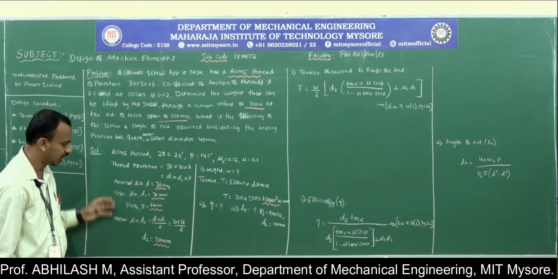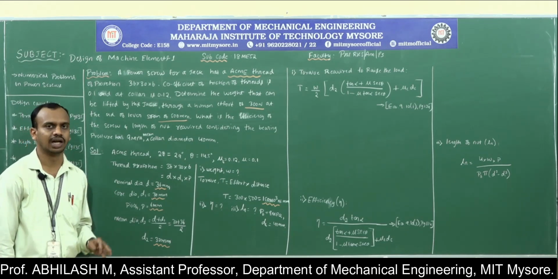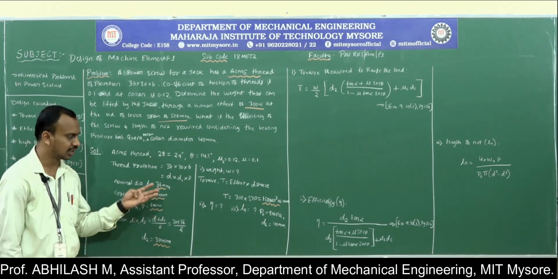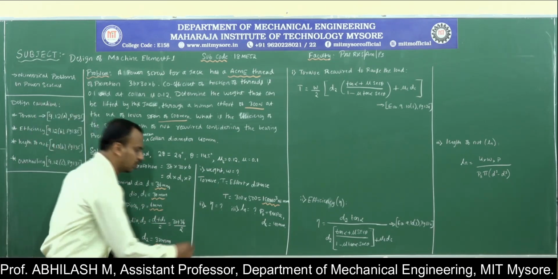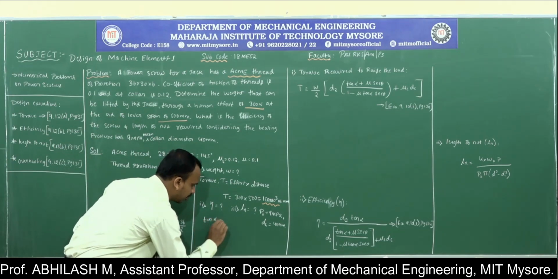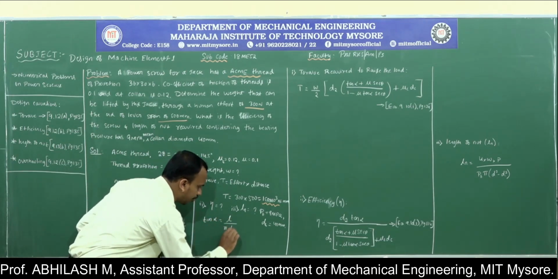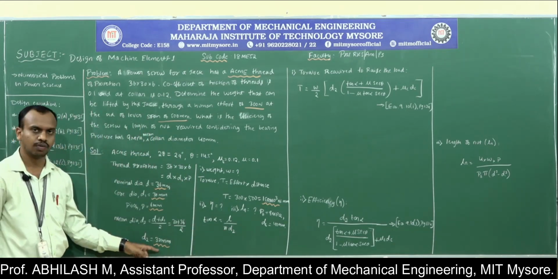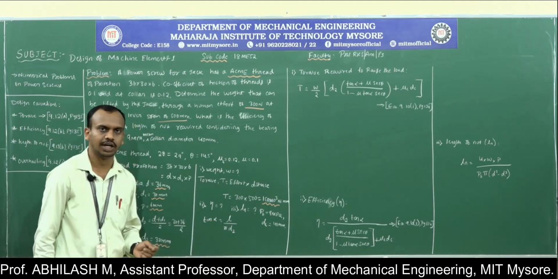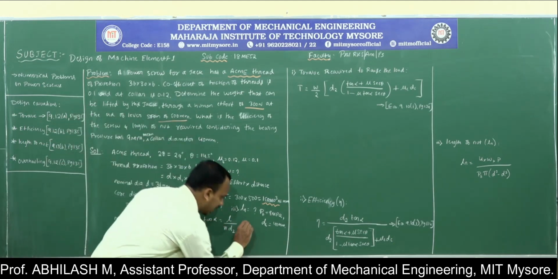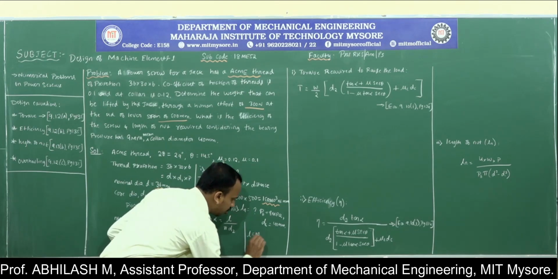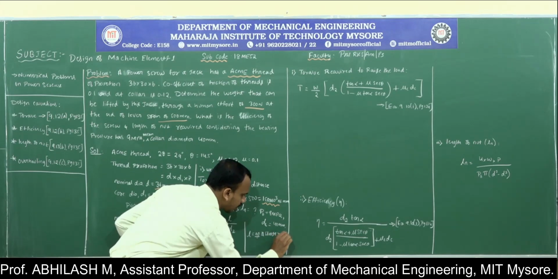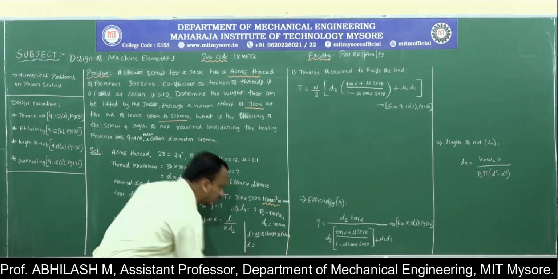So what is the left out thing in our fundamental data? We are supposed to calculate the lead angle, that is tan alpha. How much is the helix angle? That is the value of tan alpha. How do we do that? Tan alpha will be equal to lead divided by pi into d2. Do I know the d2 value? I have calculated the d2 value. Do I know lead? No, I don't know lead. How do I calculate the lead? Lead L is equal to number of starts into pitch.